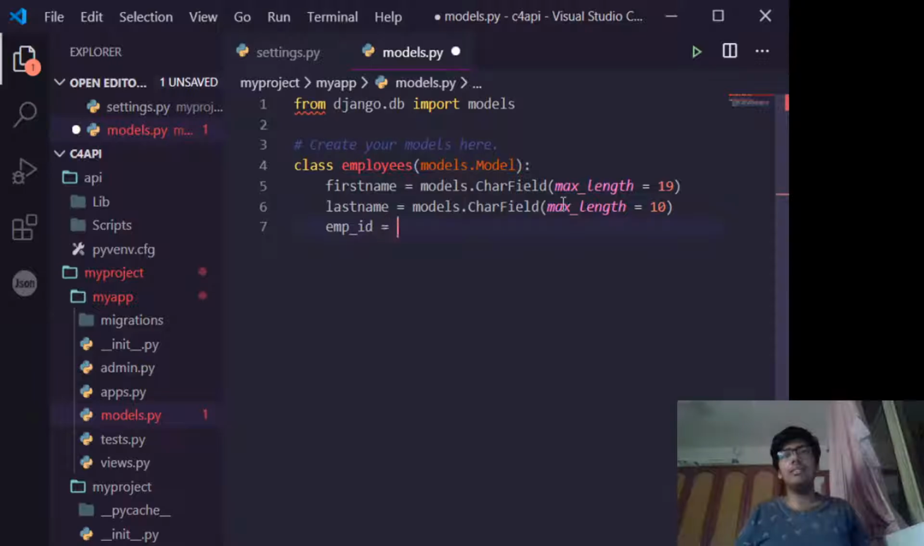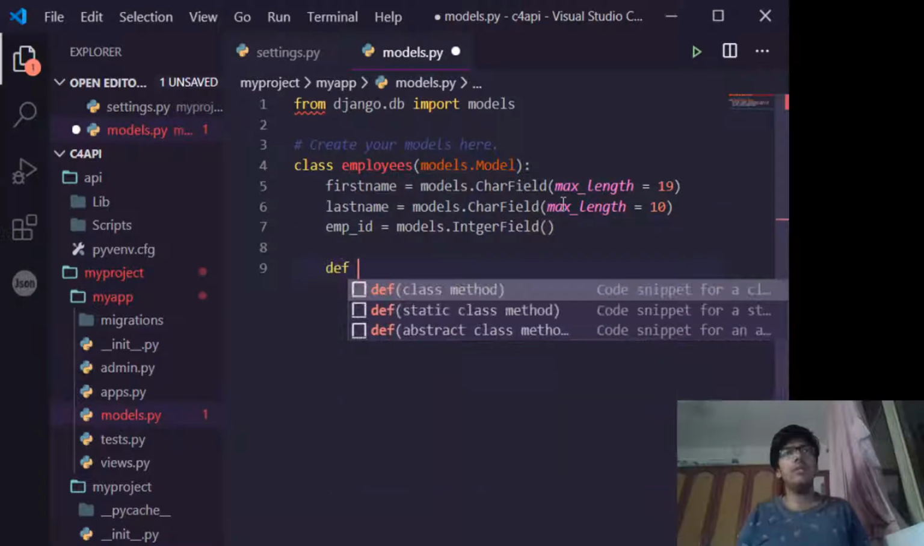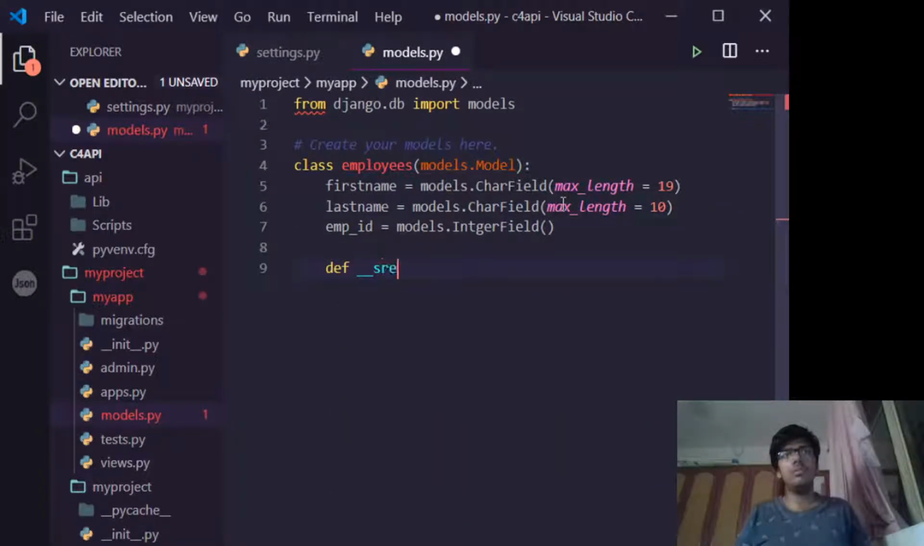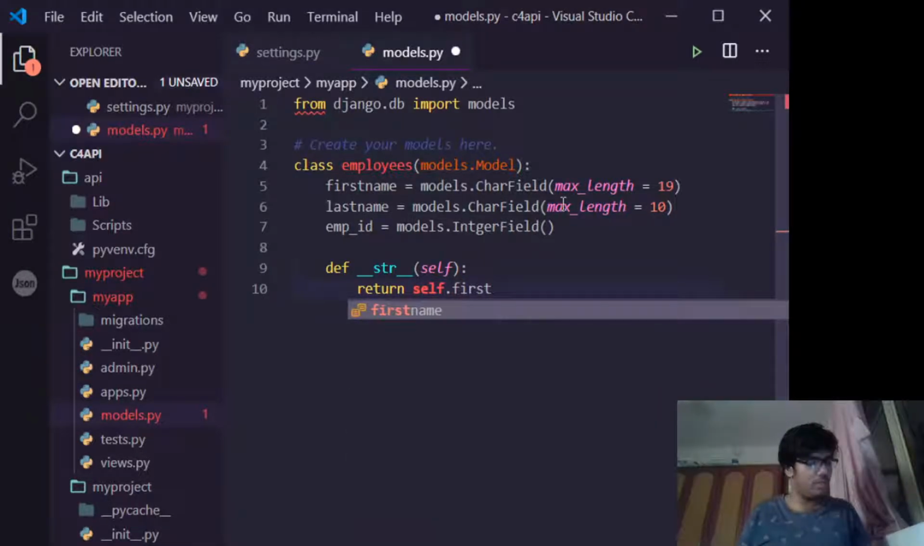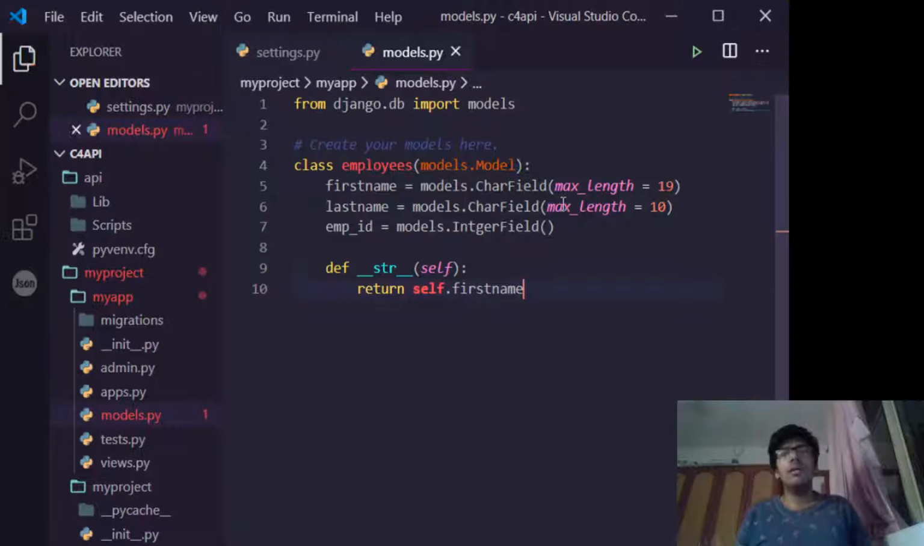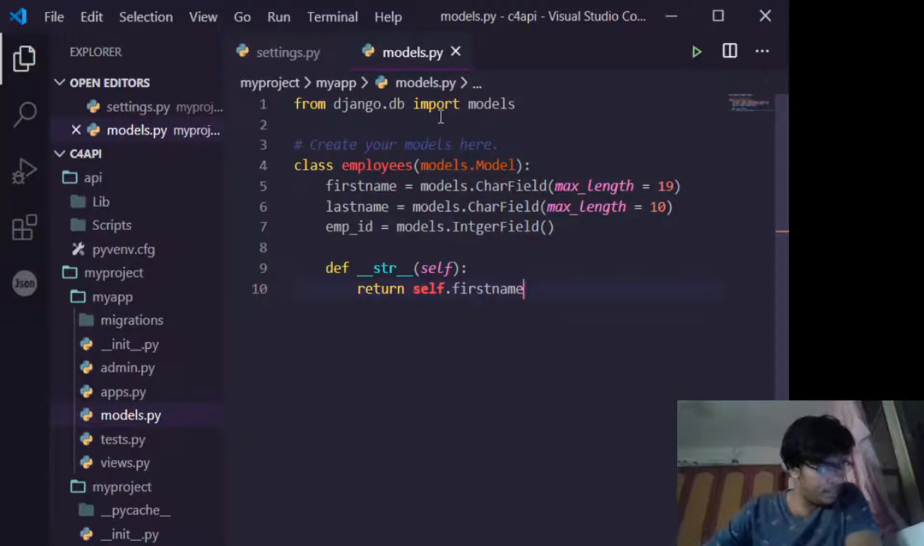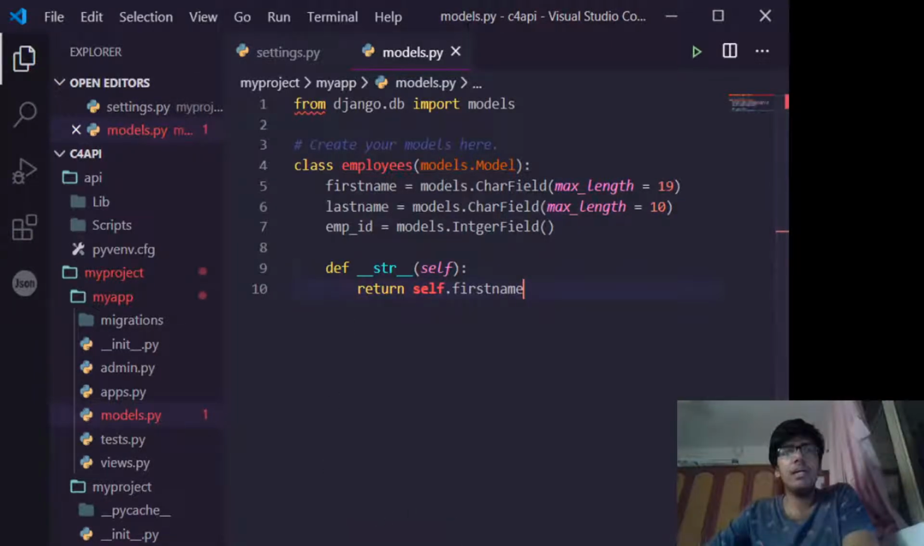Employee ID is equal to models dot IntegerField. And now we're gonna do a simple str. Return this. Let's just put it right there. Return self dot first name. So that's it. We have prepared our